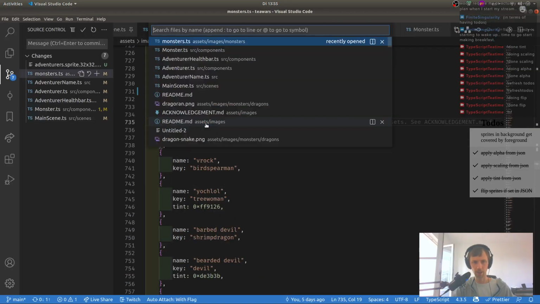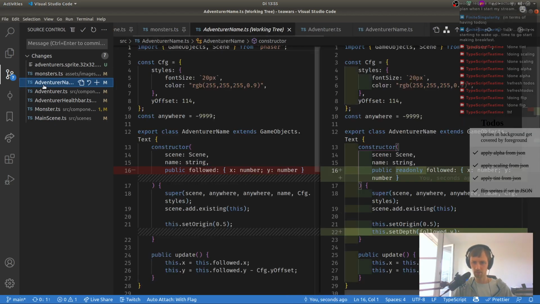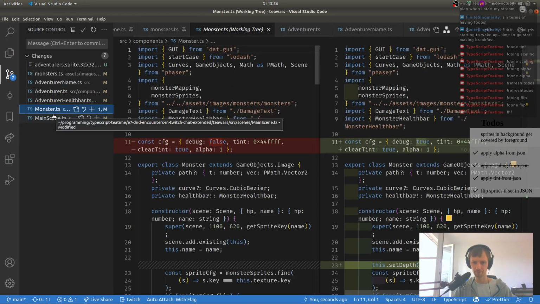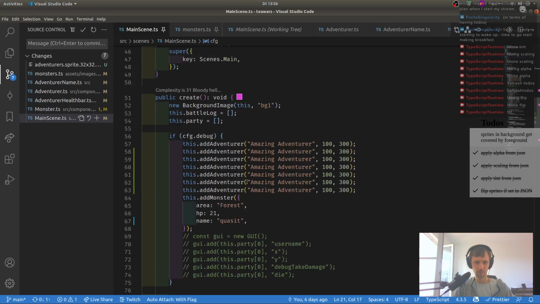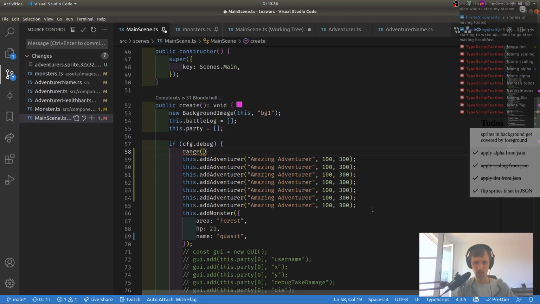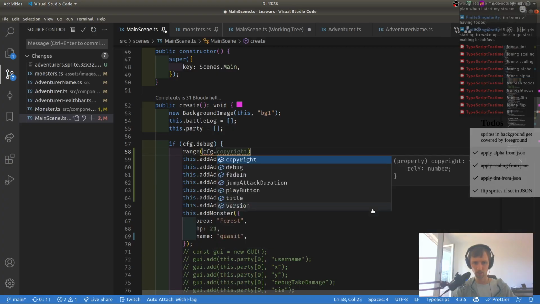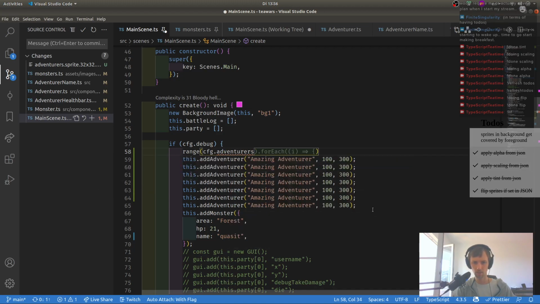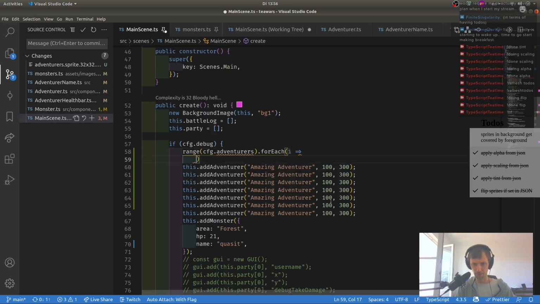Because now I get it. What's going wrong here? I think it's because the name is assumed to be unique in our main scene. And currently we kind of have this. So let's do maybe something like this. Or let's say range of config.adventurers for each I maps to add an adventurer, and we instead call it